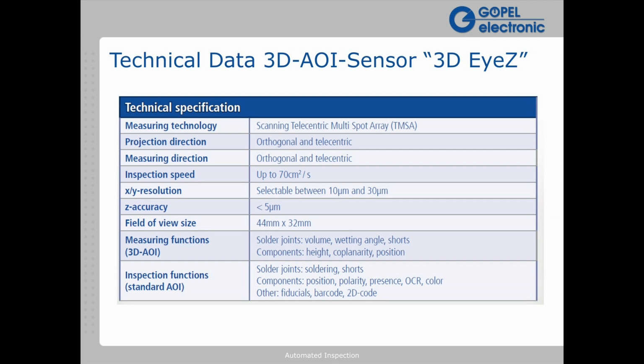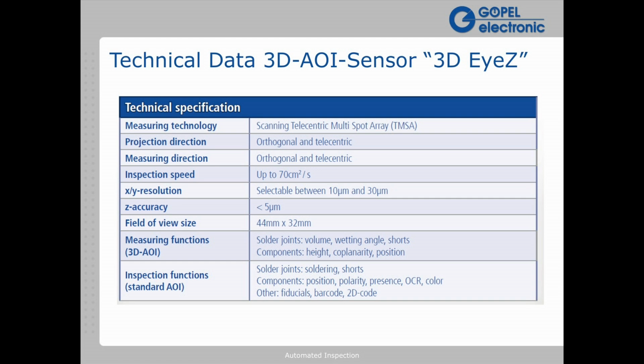The inspection functions for the accompanying standard 2D AOI capability add to these functions for solder joints, the soldering quality and shorts. For components, the position of the component, the polarity of the component, presence or absence, OCR capabilities, color